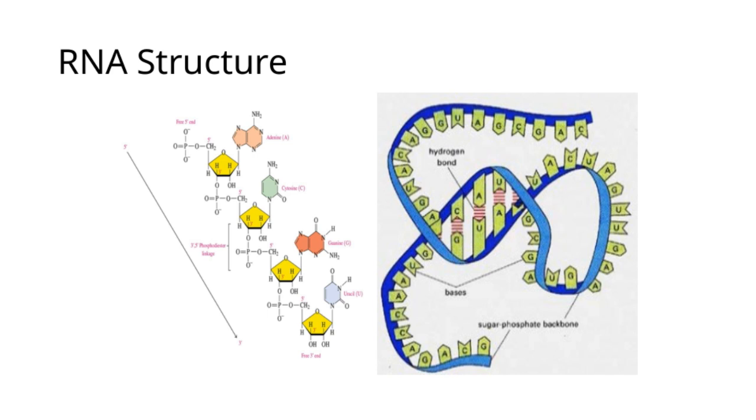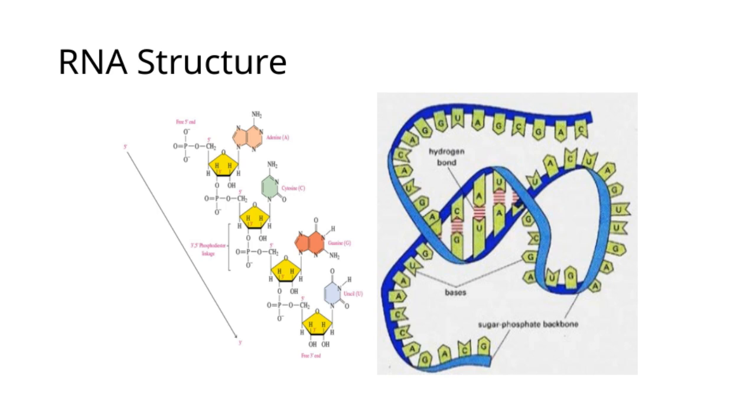The backbone of RNA is composed of sugar and phosphate groups, with nitrogenous bases attached to the sugars. The bases, adenine, uracil, cytosine, and guanine, pair in specific ways, forming base pairs that help stabilize the structure. Unlike DNA, RNA is usually single-stranded, which allows it to fold upon itself and form various secondary structures like hairpins,